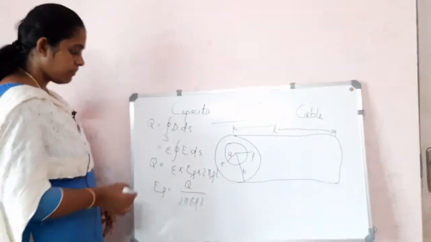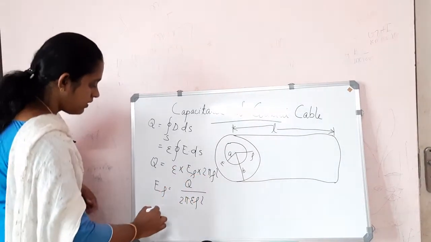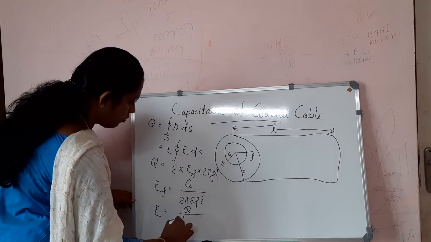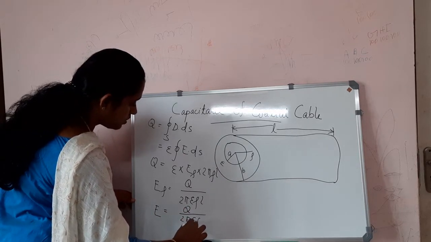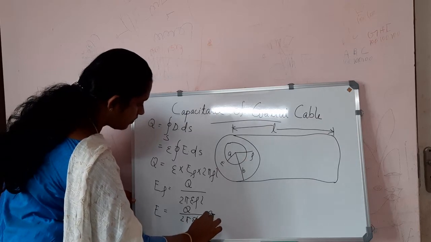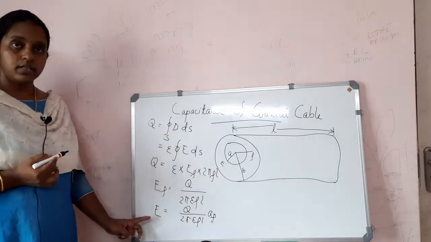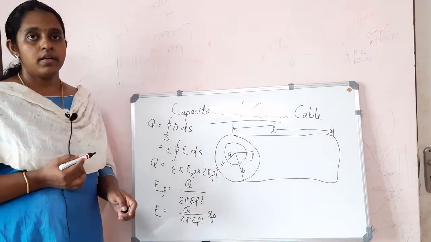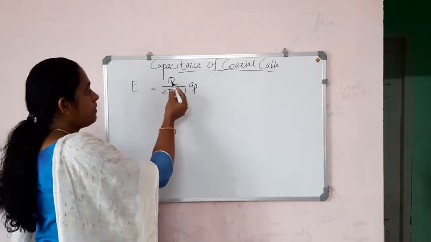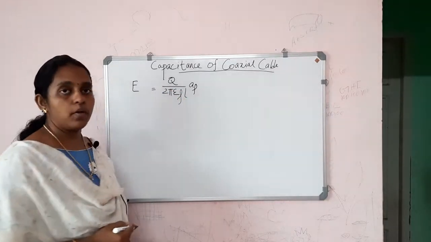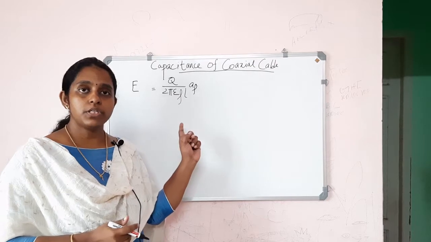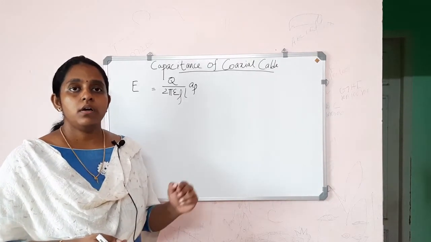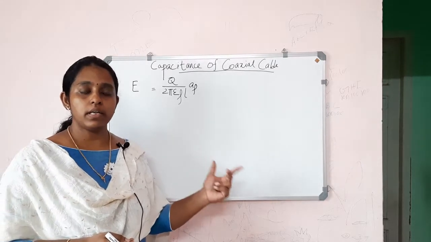Okay, or this can again be written as E will be equal to Q by 2 pi epsilon rho L A rho. Now E is equal to Q by 2 pi epsilon rho L A rho. Okay, ഈ ഒരു ഇക്വേഷൻ നമ്മൾ ഓൾറെഡി ഡിറൈവ് ചെയ്തിട്ടുണ്ട്. That is from the Gauss's law application for the linear charge density or long line.